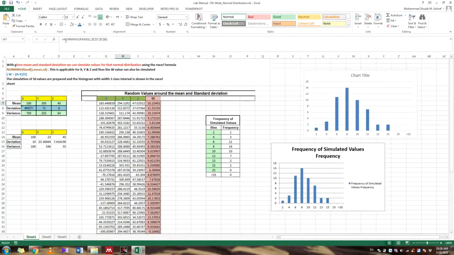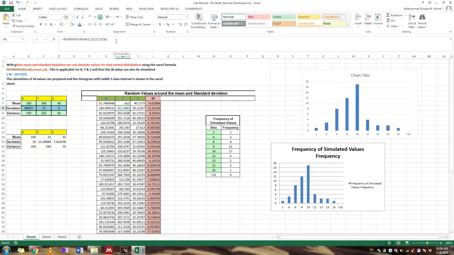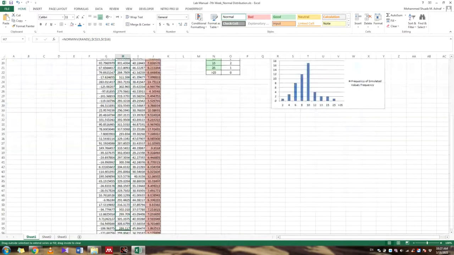Same thing for y. See the formula C7, C8. C7 is this C7 and C8. So here if we have to apply, we will apply 23 and this, meaning 15, 16. So here we took 15 and 16, enter. So this way we apply the formula. After that you can drag and drop.